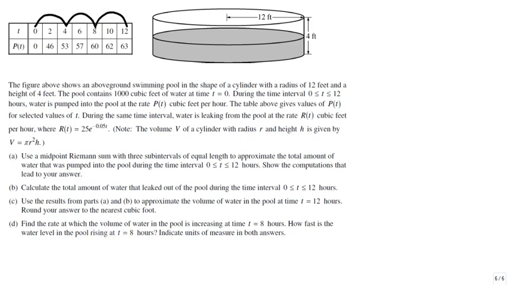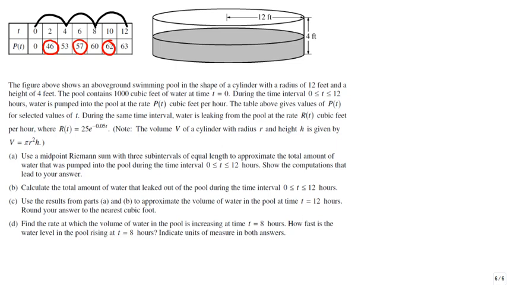So we take the 12-hour period of time and divide by 3, so we'll have 3 subintervals of 4 hours each, from 0 to 4, from 4 to 8, and from 8 to 12. The left endpoint in the first subinterval is 0, the midpoint is 46, the right endpoint is 53. We're going to use the midpoint for this. So for the first subinterval it's 46, for the second subinterval 57, for the third subinterval 62, and